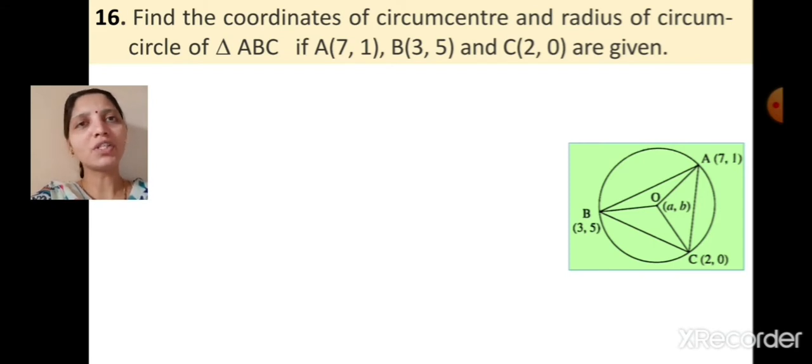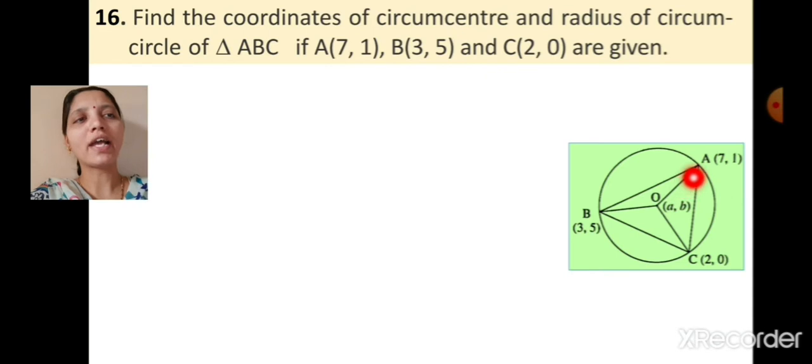Now this question is similar to the 7th sum which we have solved from problem set 5. Yes, the only difference is in this question we have to find the radius of circumcircle of triangle ABC also. In question number 7 only you have to find the coordinates of circumcenter and here we have to find the radius of the circumcircle also. Okay. So first we have to draw the diagram according to the given information.